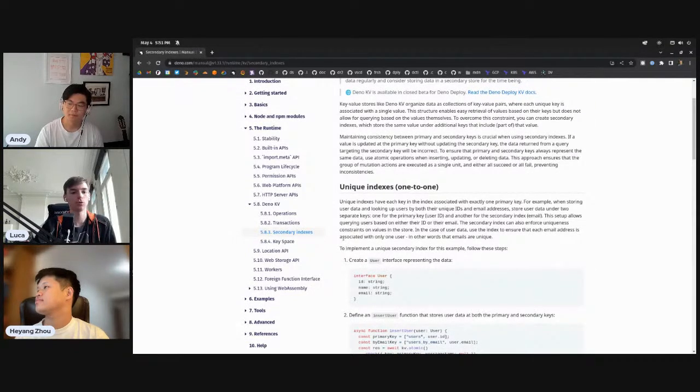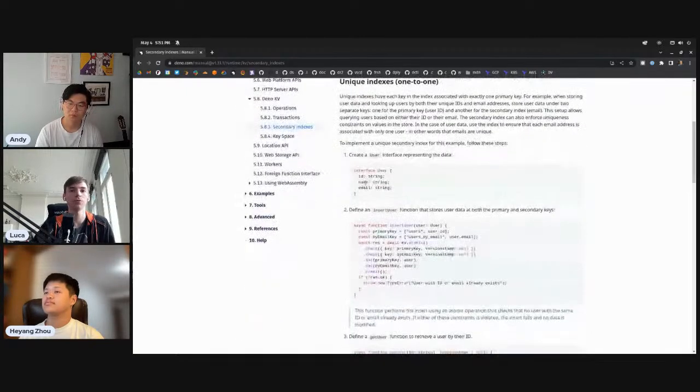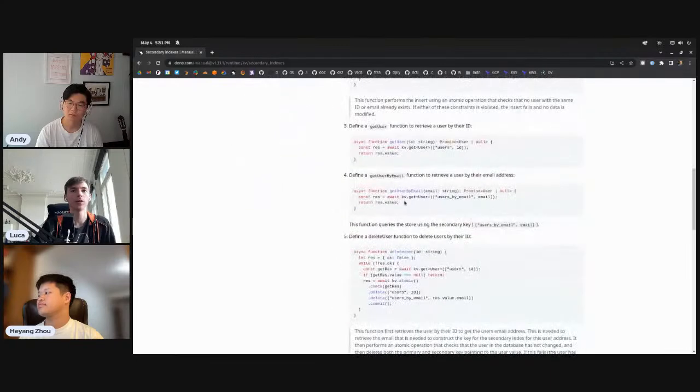because indexes are things that you query on, and you want to be able to query on both the ID or the name and the email address. And what you want here is 2 indexes, one for the ID and one for the email. This secondary indexes page in the manual walks you exactly through this case where you have users by ID and users by email, how you do this using atomic operations, and then how you query them using